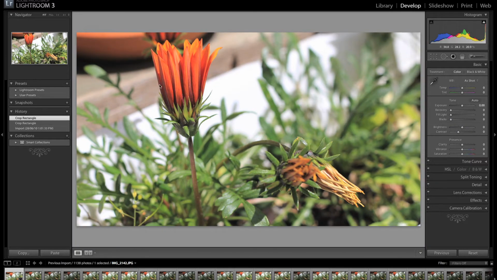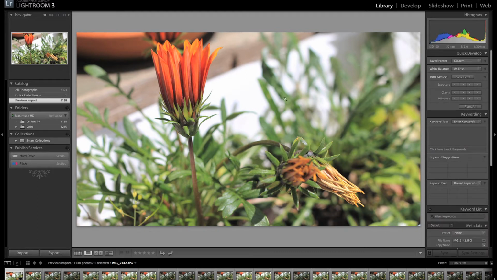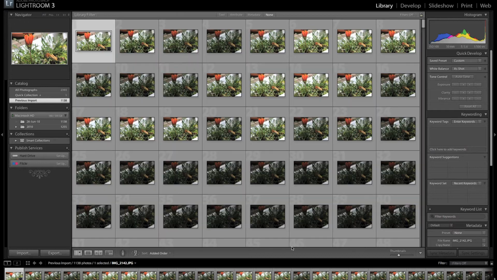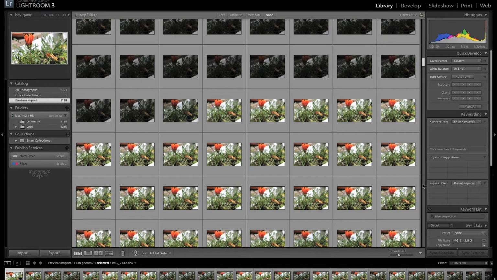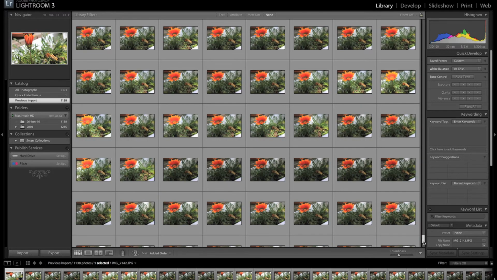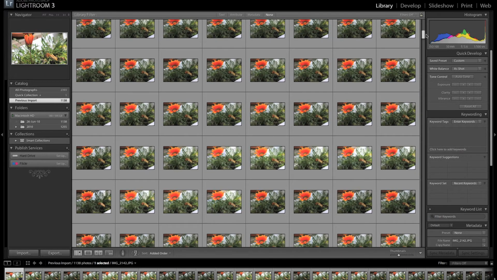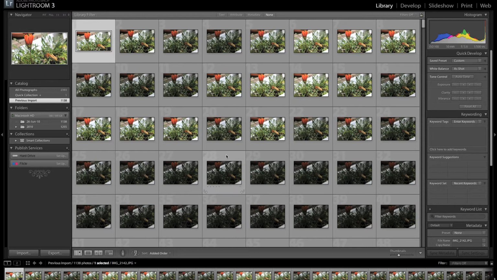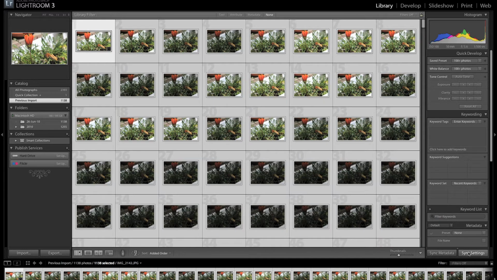Okay, so this is the first image. Now we go back to the library. It's going to take a few seconds. We're going to apply whatever you did with this single image to all of your other images. So this one here is selected. Now I have all the images in this folder, as you can see as I scroll down, are all part of my time lapse. So I'm going to select all, and then sync settings